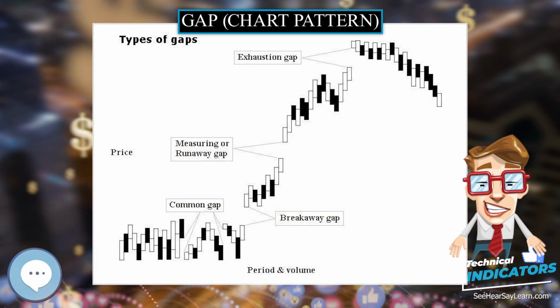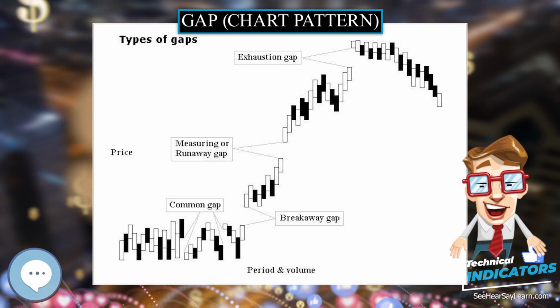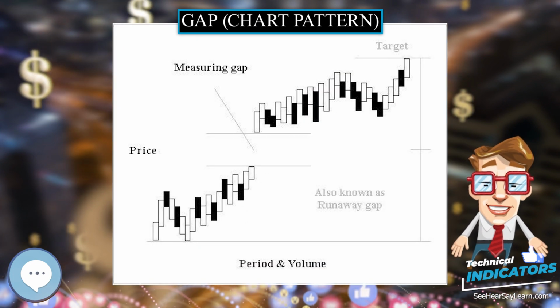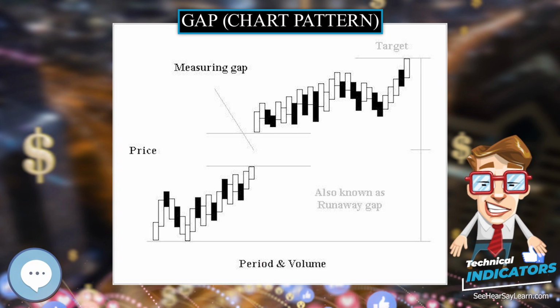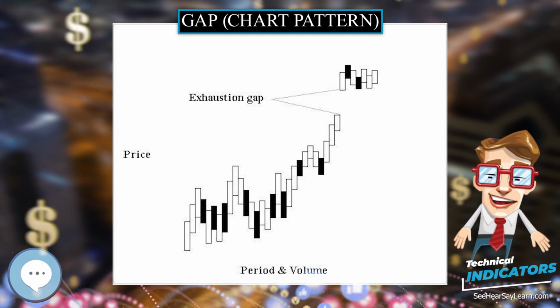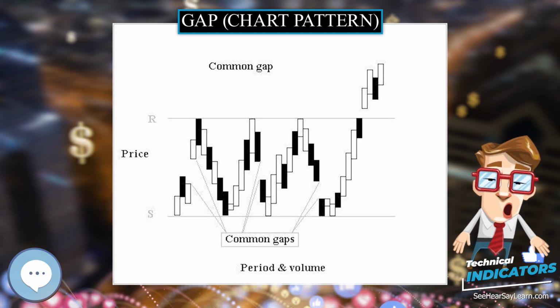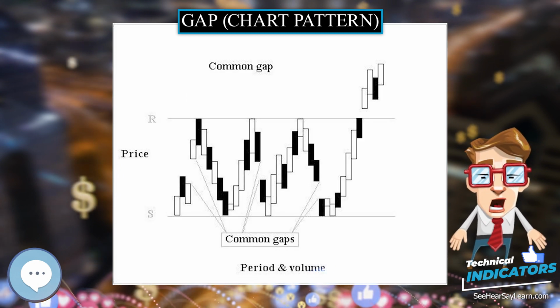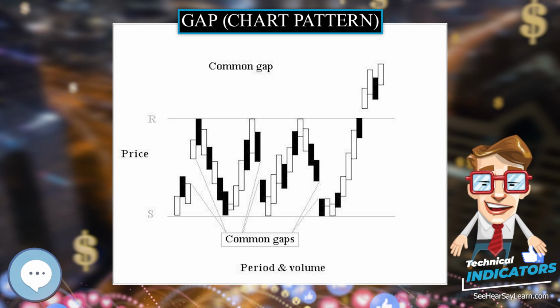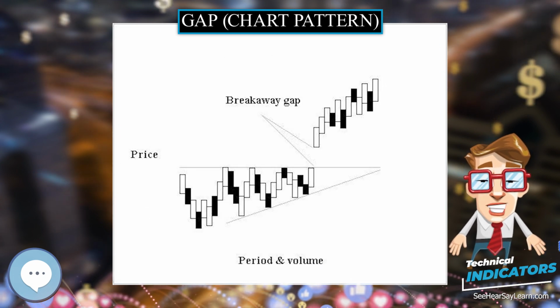Gap chart pattern. A gap is defined as an unfilled space or interval. On a technical analysis chart, a gap represents an area where no trading takes place. On the Japanese candlestick chart, a window is interpreted as a gap. In an upward trend, a gap is produced when the highest price of one day is lower than the lowest